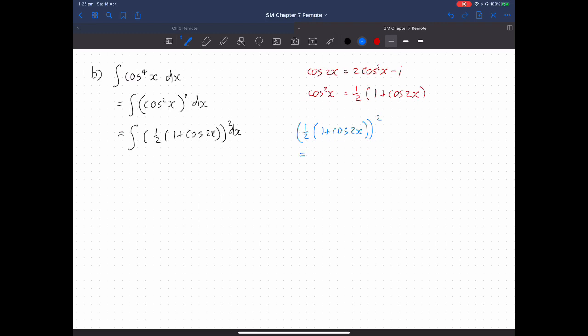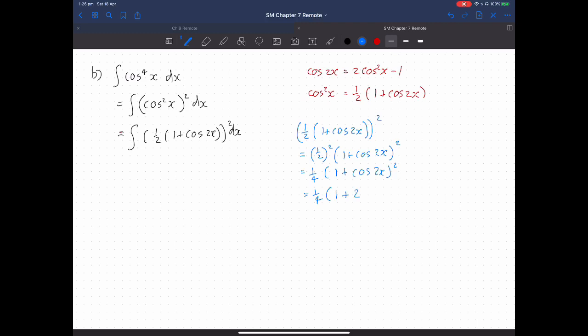That is the same as saying 1/2 squared times 1 plus cos 2x all squared. 1/2 squared is a quarter. So we've got a quarter times 1 plus cos 2x all squared. So 1 plus cos 2x times 1 plus cos 2x, a perfect square, is going to give us 1 plus